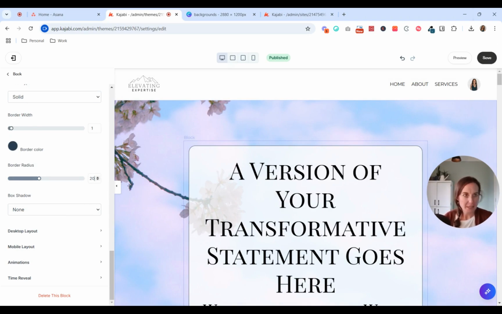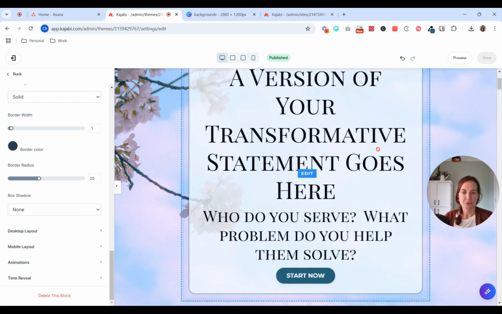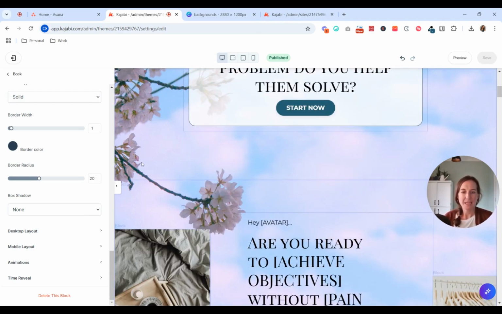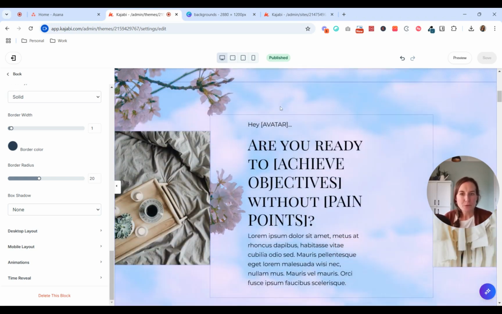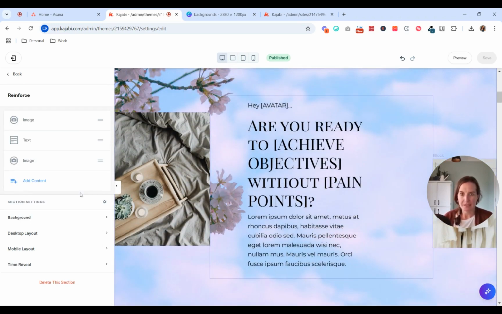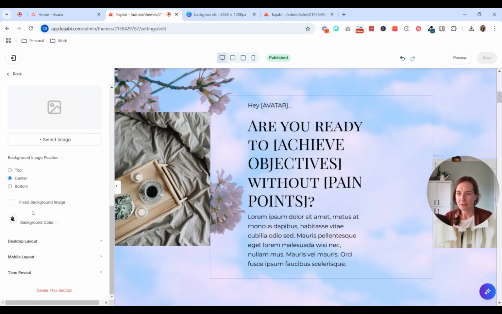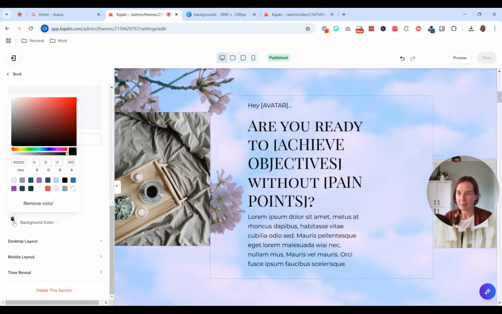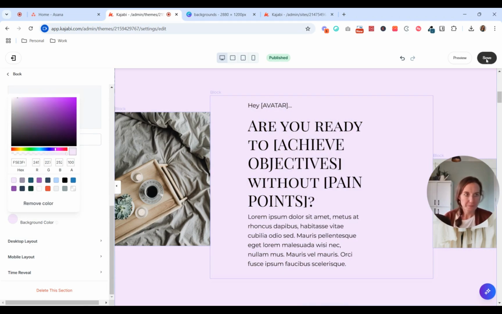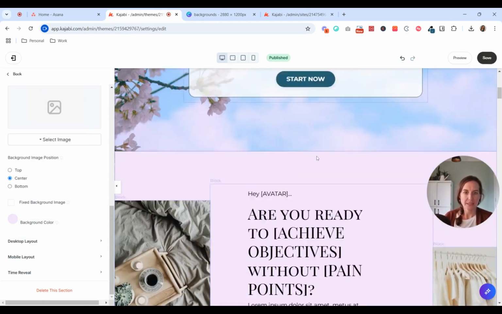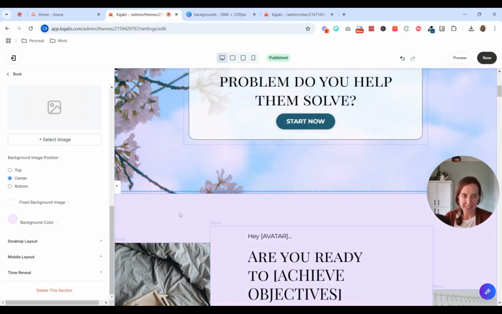So if I want to apply that same rounding to other elements, I'll remember 20 is easier to remember. Okay. So now I'm going to go through this page and add those background colors to more of these sections. Let's see, this section, I'm going to add a background color like that pink. Okay, it's obviously much easier to read, and it still ties it together when we transition from this